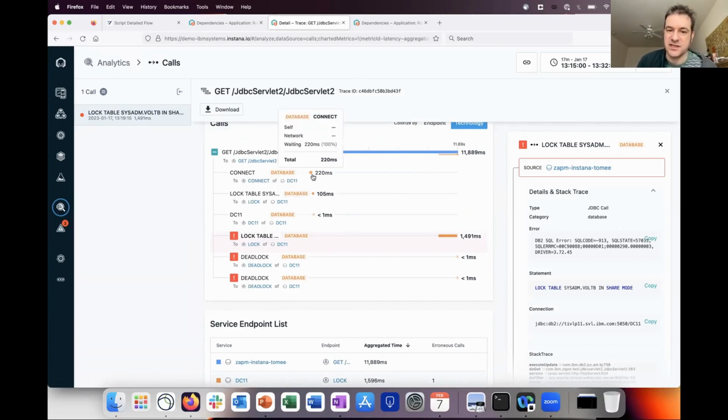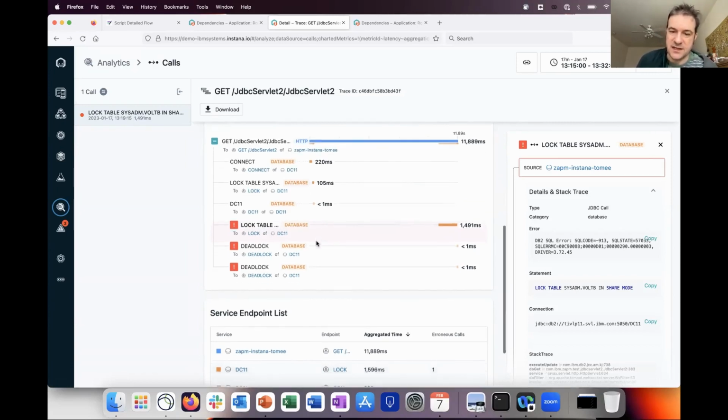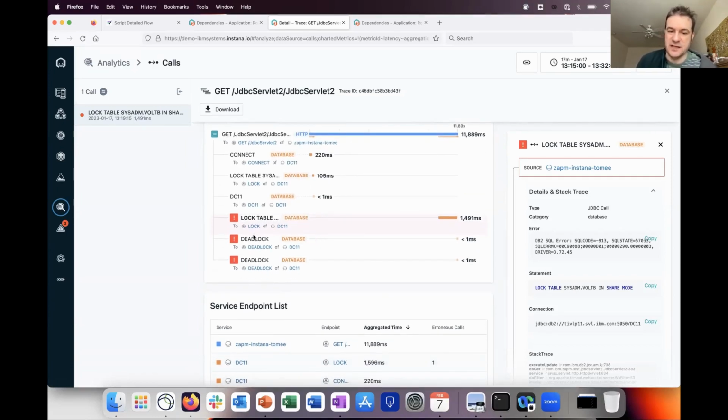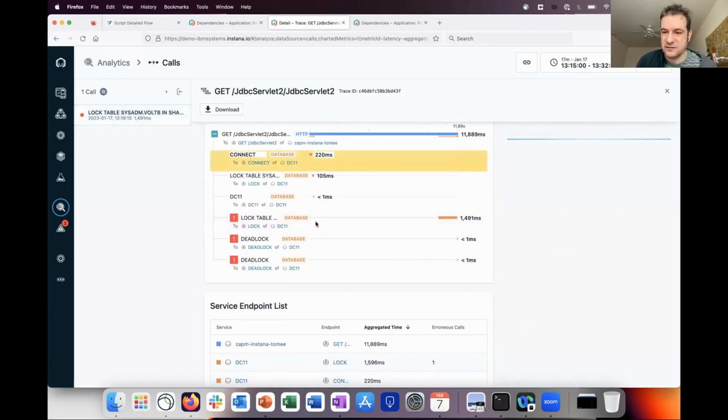We can see actually the connection time was fine. Then we saw it made a lock request on a particular table. Then the application made a second lock request, and DB2 determined that we got into a deadlock situation. So an event was flagged that was an issue there. We can look at each of these different